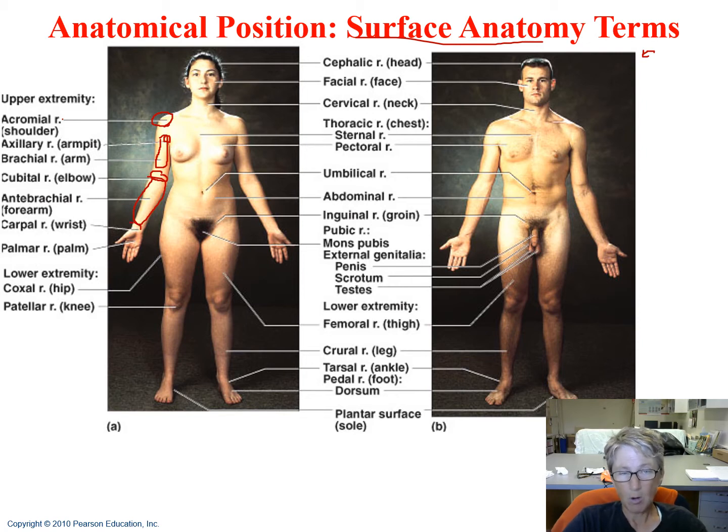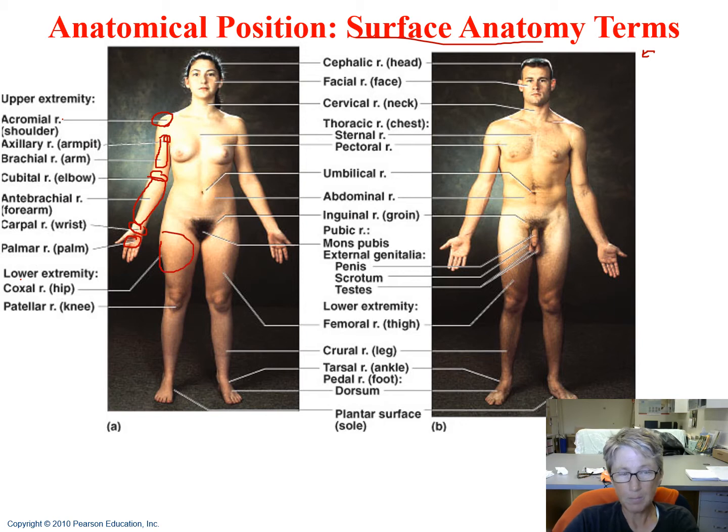You've probably heard of carpal tunnel syndrome, so the wrist is the carpal region. The palm, that's easy, palmar region. And then, that's all they do. Do they do any more for the hand? Nope. And then if we continue on this part of the photograph, the lower extremity is the coxal or the hip region,